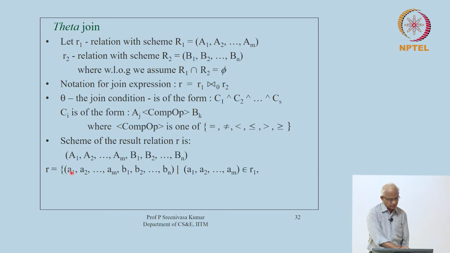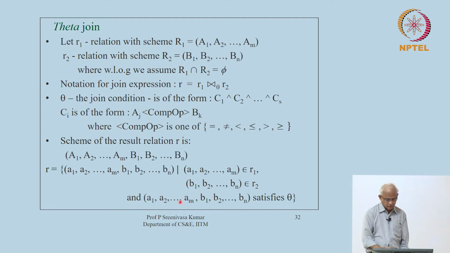The tuples A1 A2 through Am, B1 B2 through Bn, little b we are using here to indicate their values, such that the A1 through Am part of the tuple belongs to R1, B1 through Bn belongs to R2, and